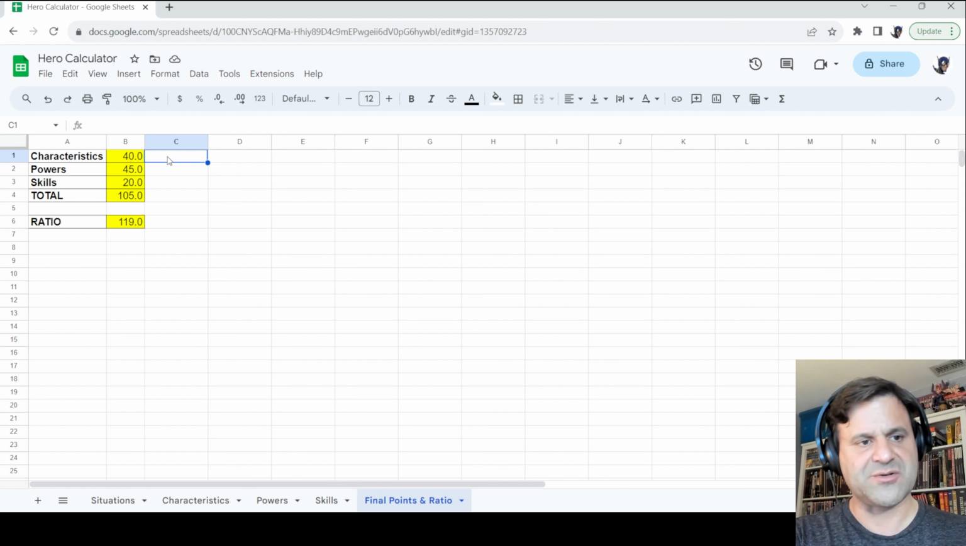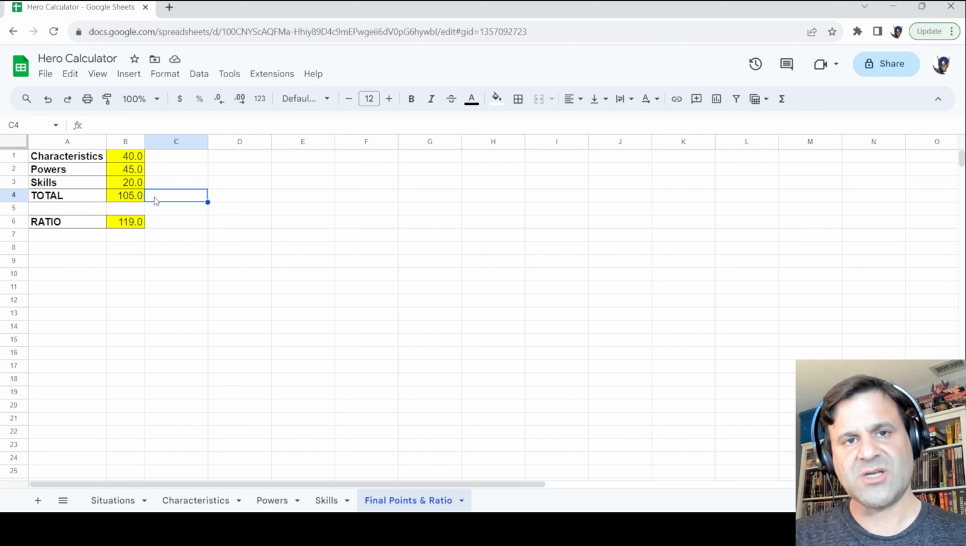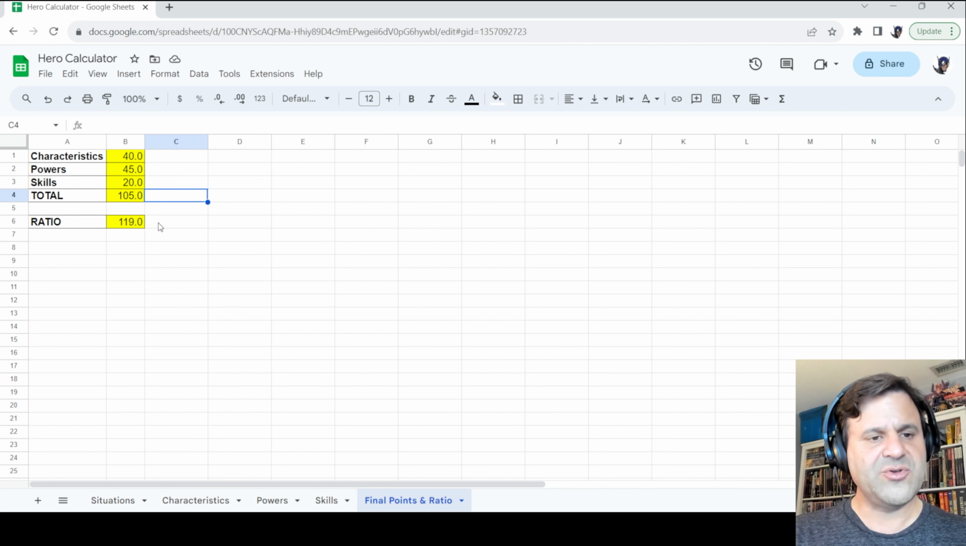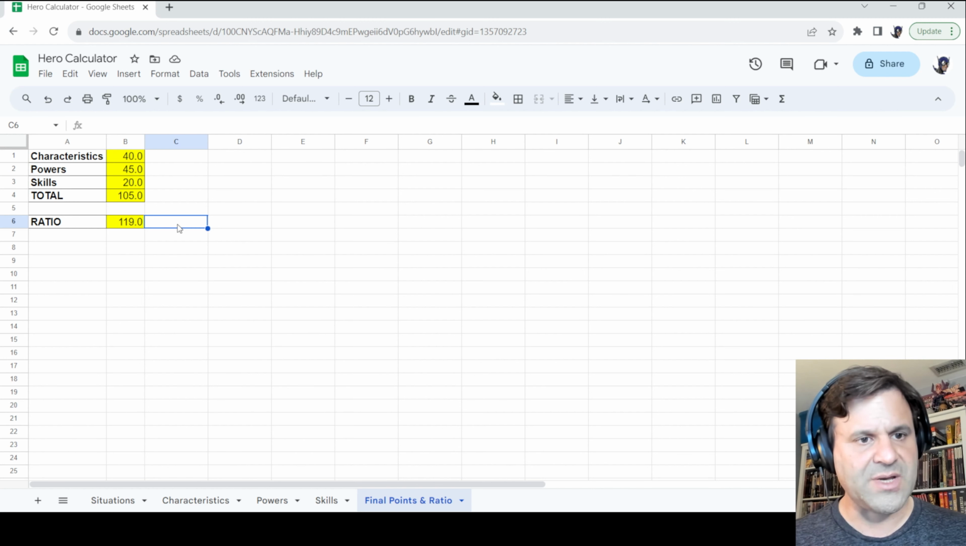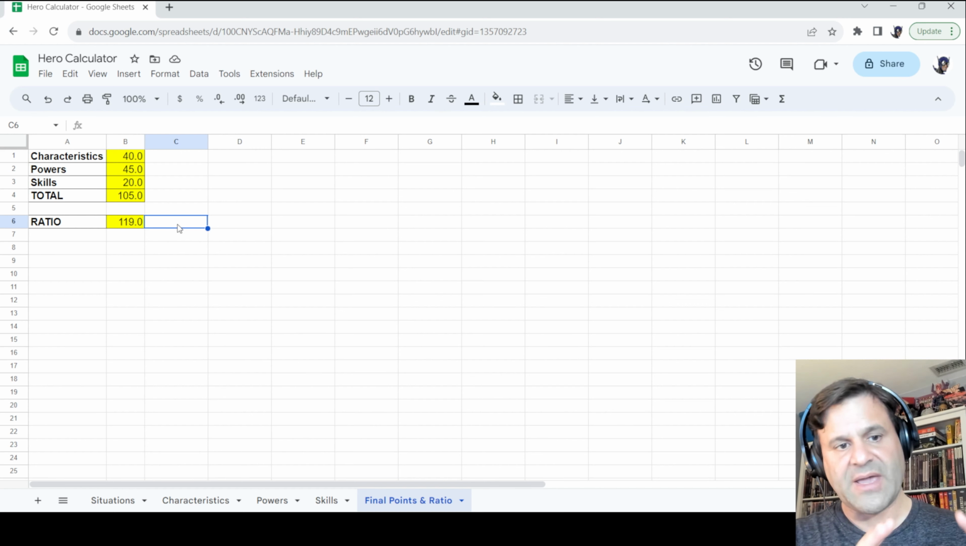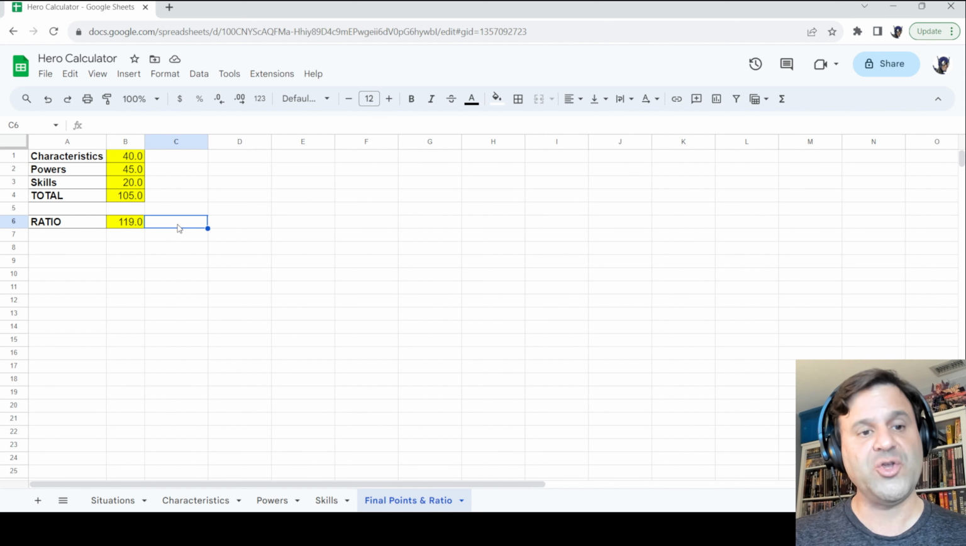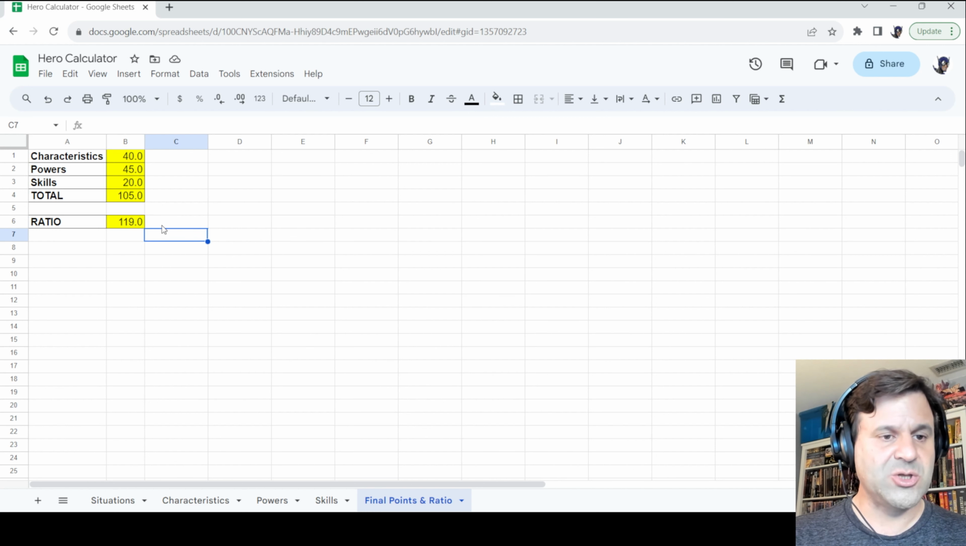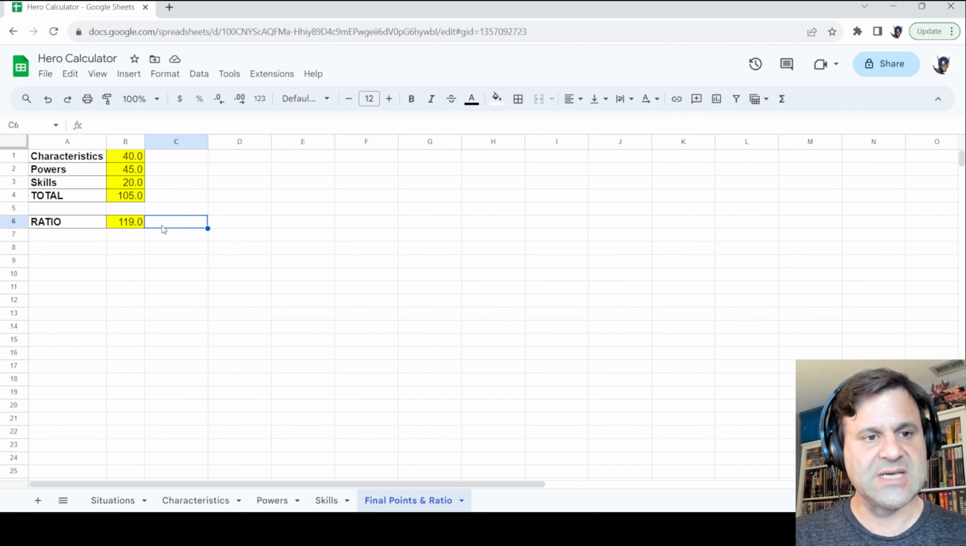We've allocated some points to characteristics, we've allocated some points to powers, and then to skills, right? So you'll notice that we have 40 points allocated to characteristics, 45 points allocated to powers, 20 points allocated to skills. It's all coming to a total of 105 points. This character still has 95 points left to allocate, and you'll notice over here that the ratio is 119. Now, you could go to the Champions Now rulebook to learn how to calculate the ratio, but the hero calculator is doing all those calculations for you. All you really have to do is look at this number and let it tell you what it's going to tell you. The ratio for a hero can't be higher than